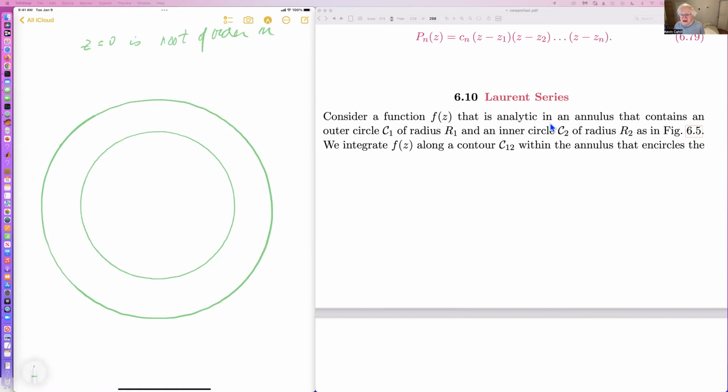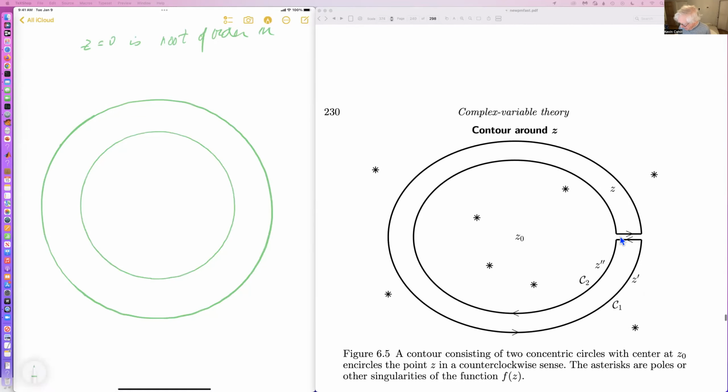Okay, so let's imagine that these two are at the same place, and so they have the same center, and I'm going to call that center Z0. Then I'm going to imagine that we integrate this way along C1, and then we integrate this way along C2, and I'm going to imagine that there's some point Z here,